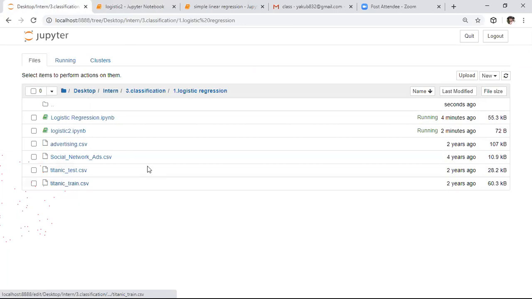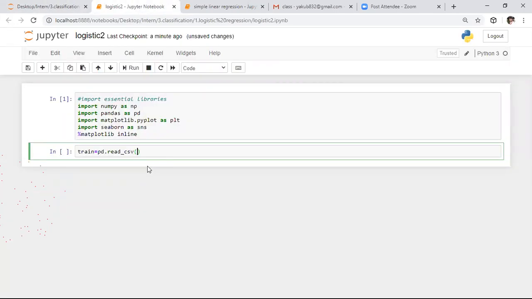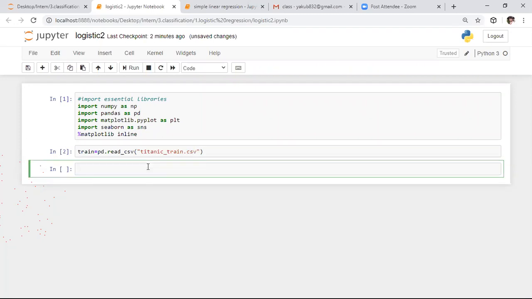So I'm saying Titanic underscore train dot csv. This dataset is present in the same working directory, and I want to observe the top 5 rows present in the dataset. So here I'm saying train dot head.